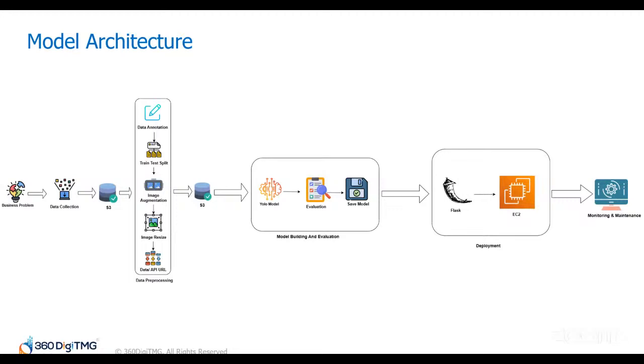Real-time integration ensures the model can identify components on the manufacturing floor or during inspections. The deployed model integrates with existing factory systems to process images or data streams directly from equipment or operators. So this is the basic workflow of the